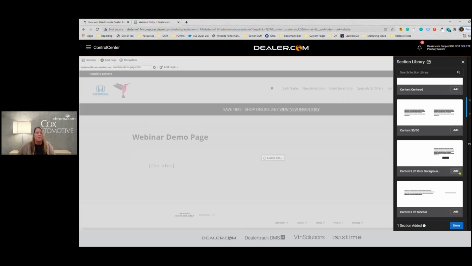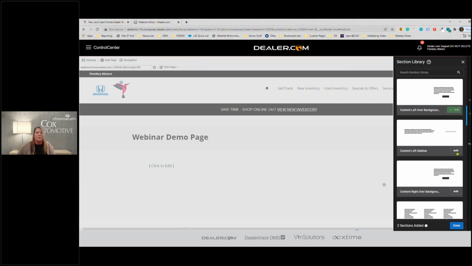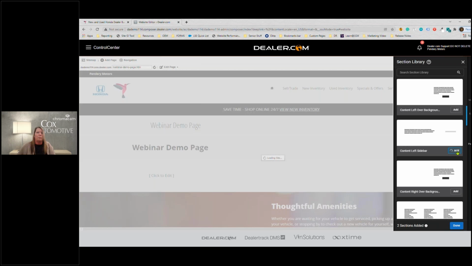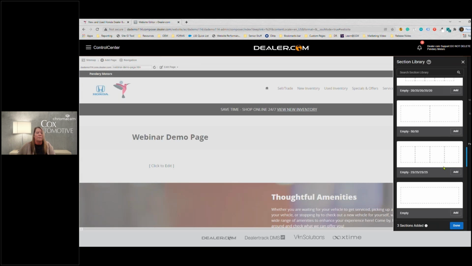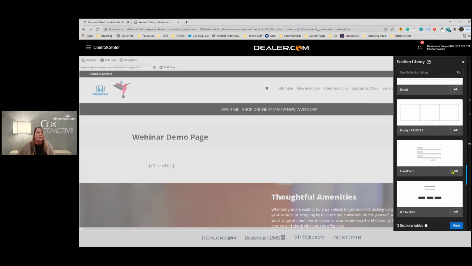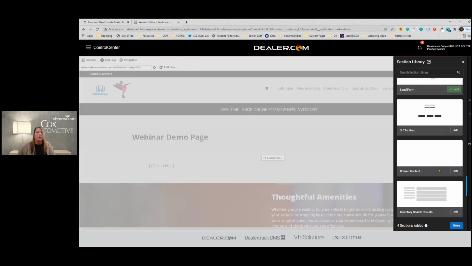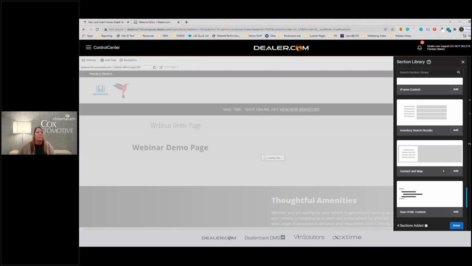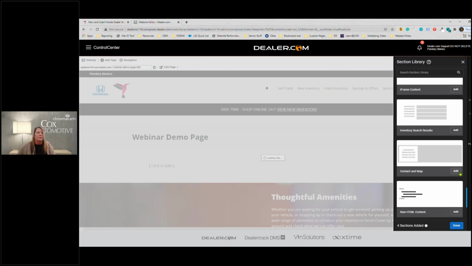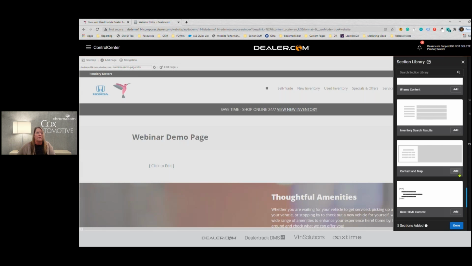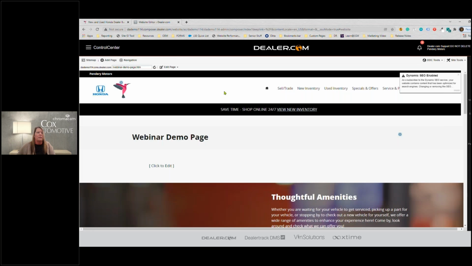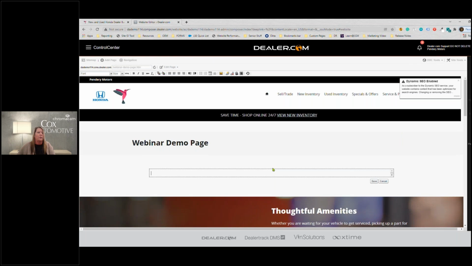So we'll add just a couple of our sections here just to fill out the page for us. One nice note is anything that would hold an image generally will pre-populate an image or a background for you. And then you can go through and replace them later. We've added all of our sections to the page. We'll go through and add in a photo real fast